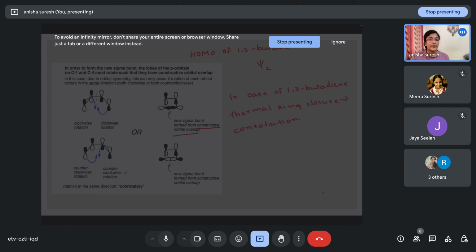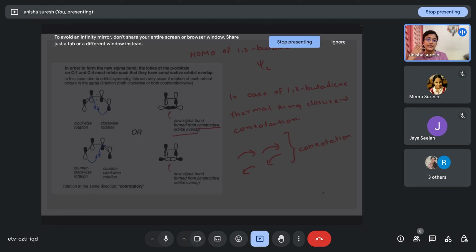That is, the rotation will be taking place in the same direction, either clockwise or anti-clockwise. These both are conrotation. We will consider the rotation which will be giving a constructive orbital overlap. Okay,